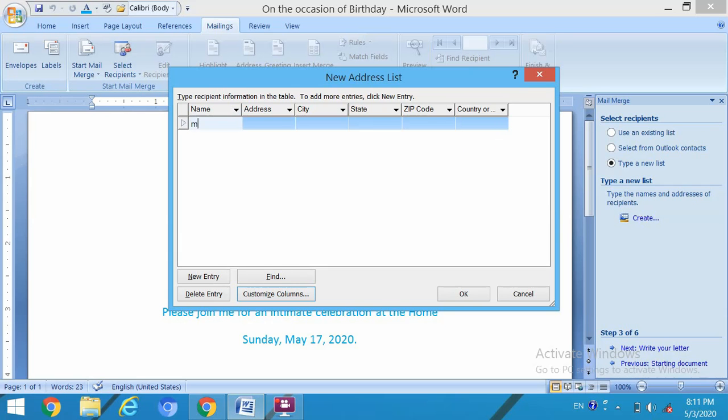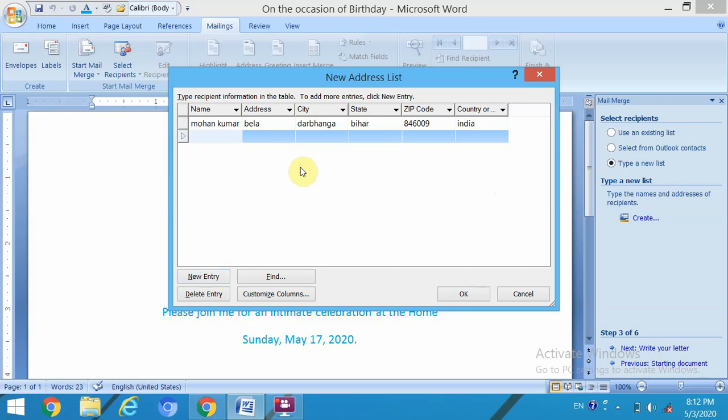Type the names. All the details regarding type. When you want to enter a new record again, then click on new entry button.